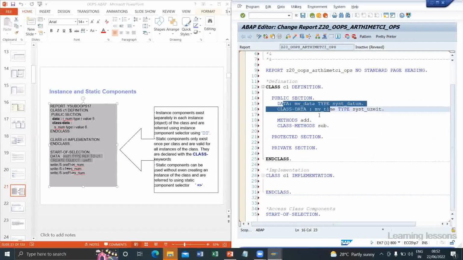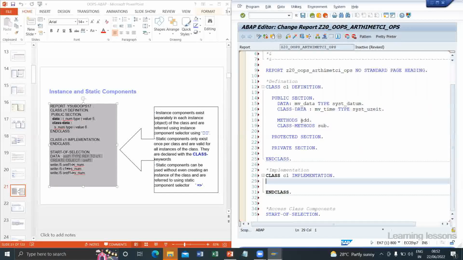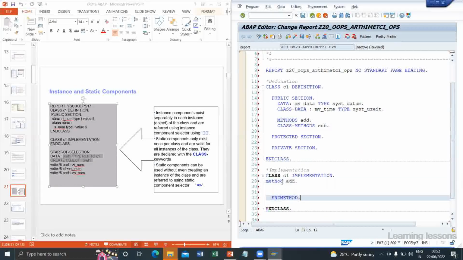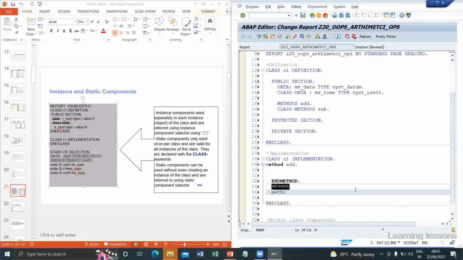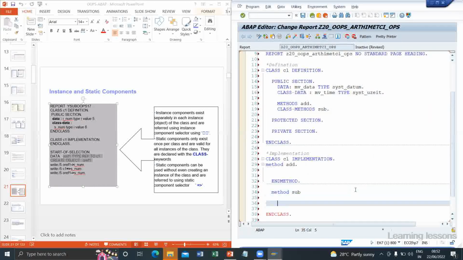So these are all variables. You don't need to do implementation. Implementation is required only for methods. What is the first method? Method addition, end method. Okay, that is a basic outline. After that, again open the second method, subtraction, end method. This is a basic